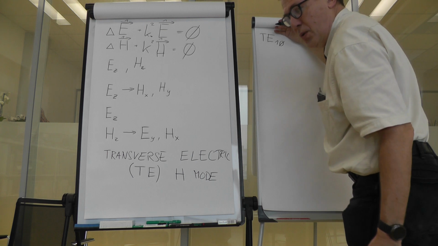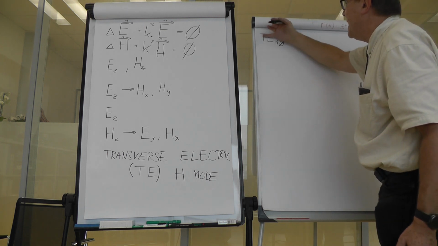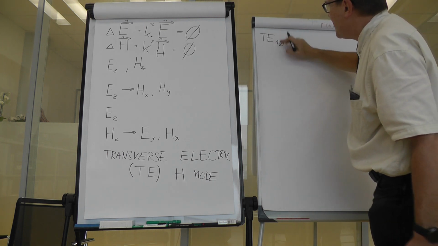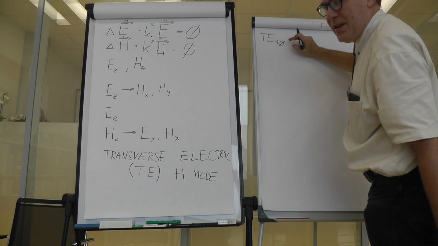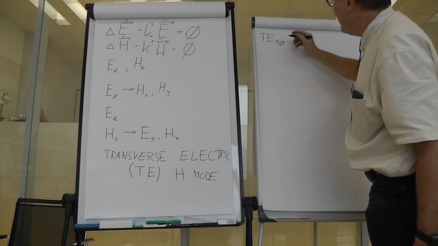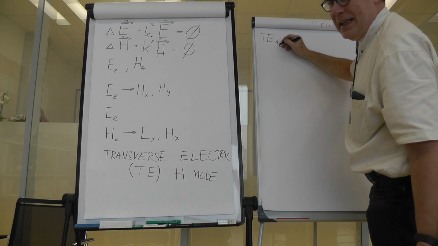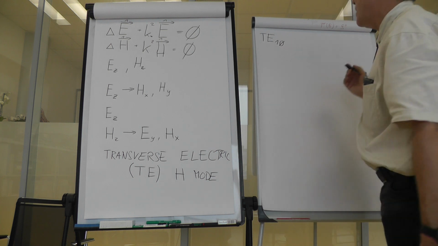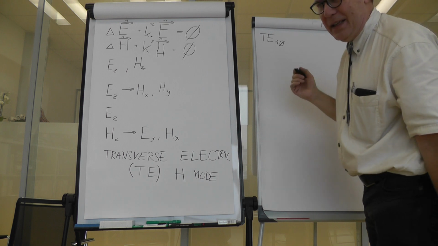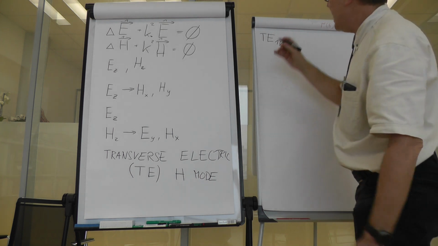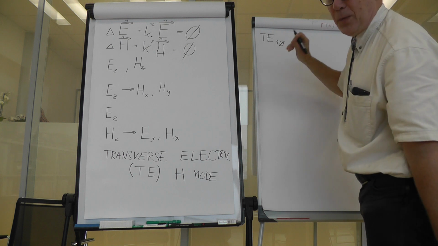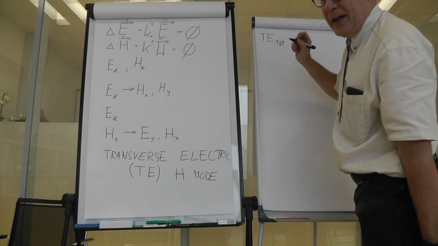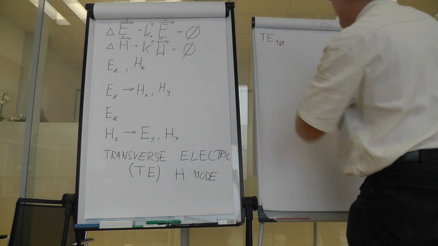It is used that we write TE10, this is 1 and this is 0, but we do not make any line or separation of those two indices, because a mode of TE1 is a nonsense. There must be two indices for a mode in a rectangular waveguide. Now what this does mean, in fact,